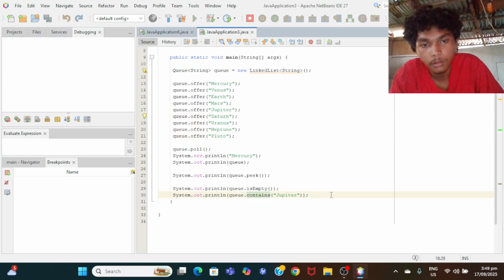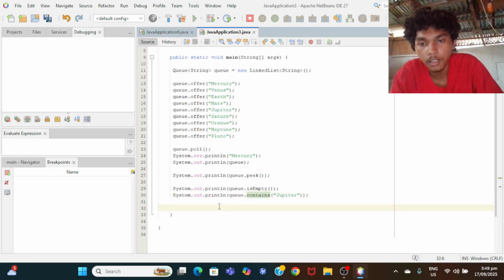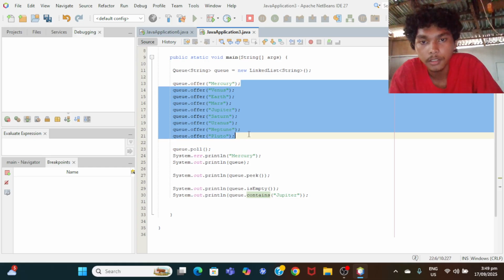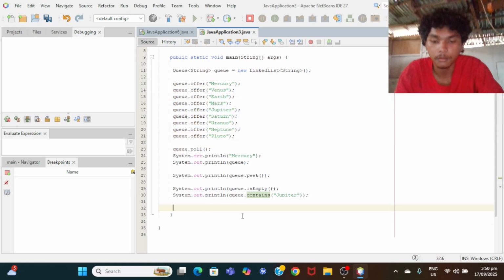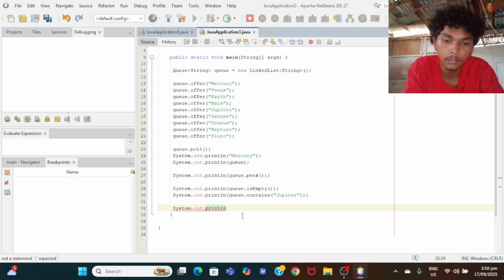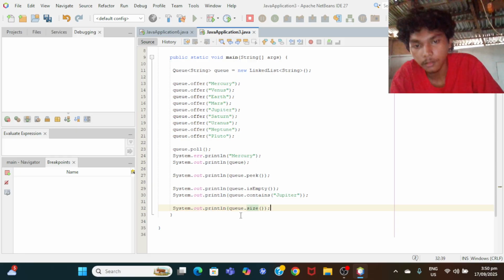So next, lastly, let's try to count our elements by doing this. This is the count: print line and q.size. Just like that.